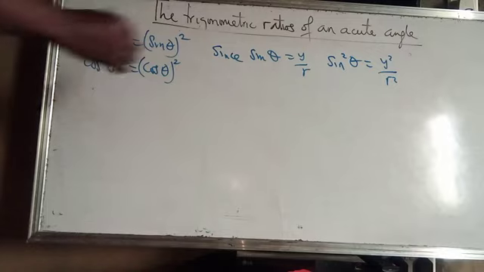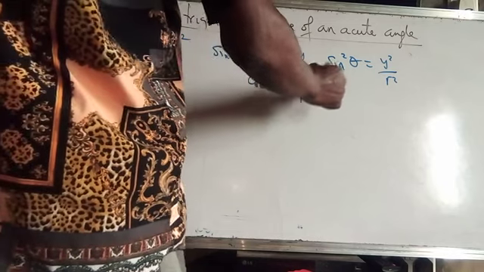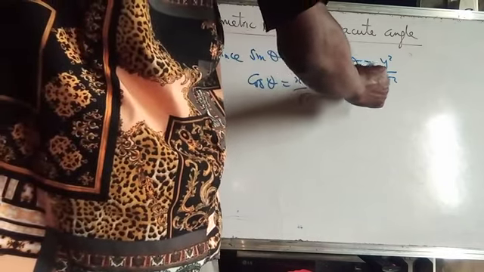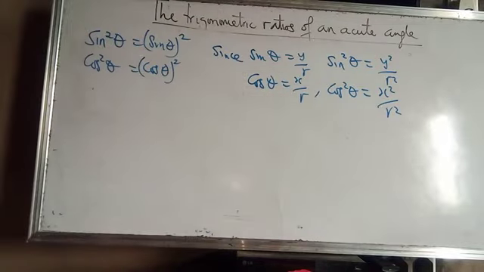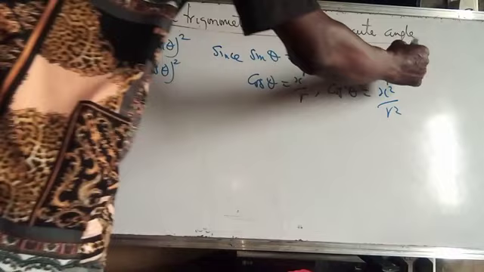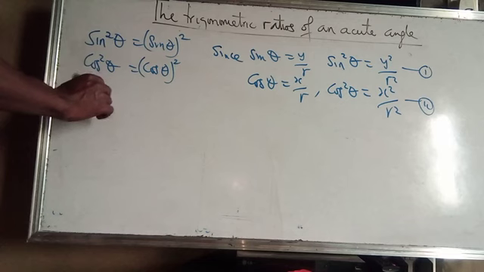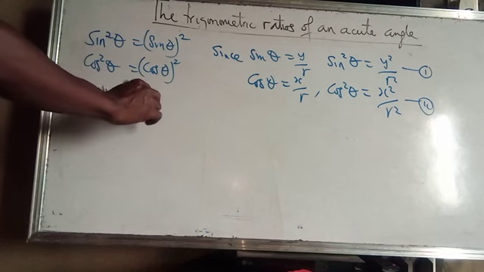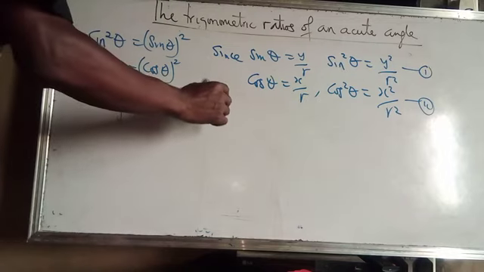Okay. So also, since cos theta is equal to x over r, cos squared theta will be x squared over r squared. Let's add them together and see. Let's call this one equation 1 and this one equation 2. Adding equation 1 and 2 gives